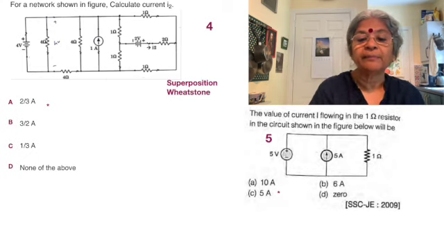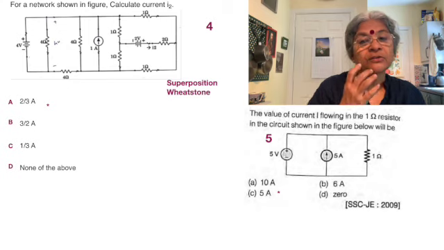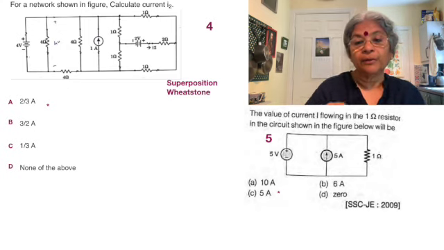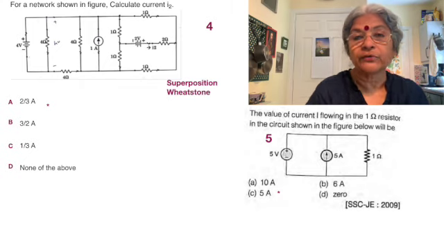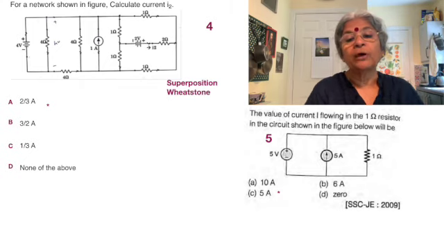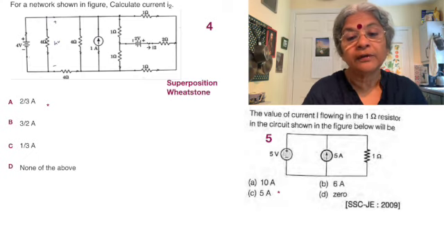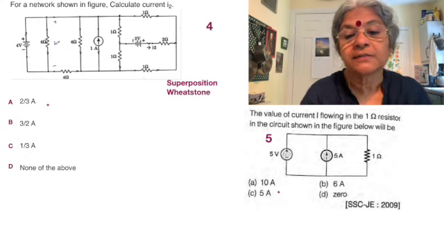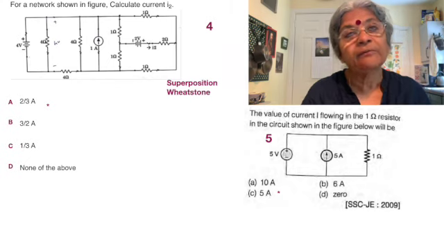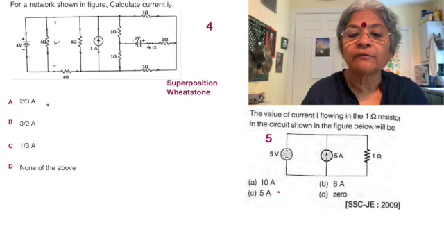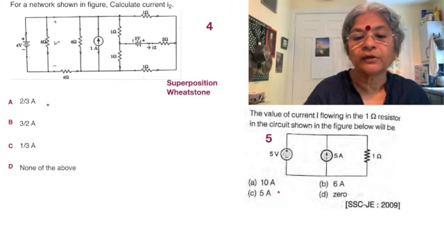Okay, so please don't make any mistake about the 5 amps, because this 5 amps is not perhaps flowing entirely through the 1 ohm resistor, that's not the picture. It could be 2 amps, it could be 3 amps, whatever. It could be any kind of ampere source. It could be infinite amps, but still the 1 ohm resistor will carry only 5 by 1, which is 5 amps. So the value of current I flowing in the 1 ohm resistor in the circuit shown in the figure is 5 amps. There's no doubt about it,